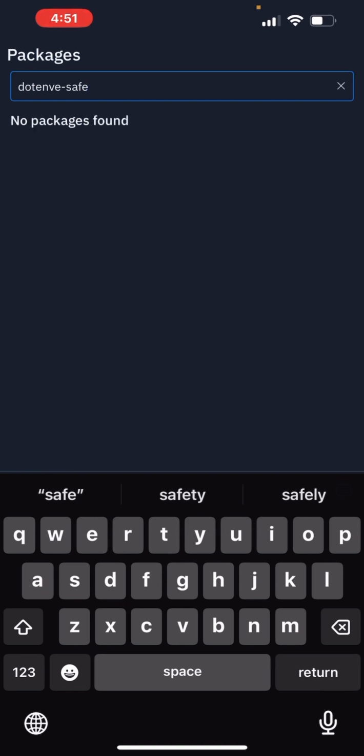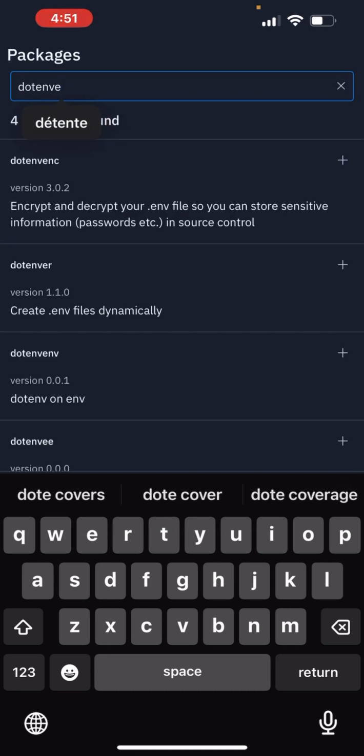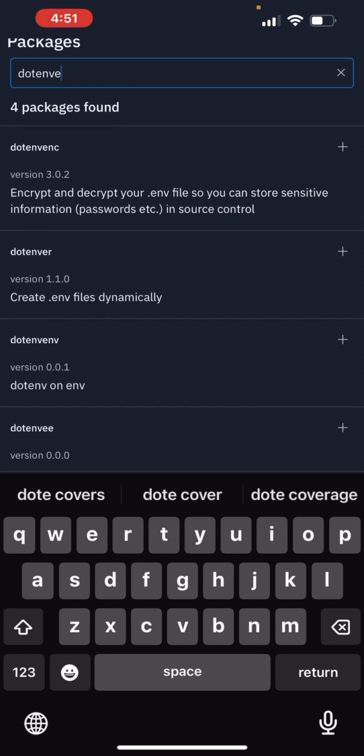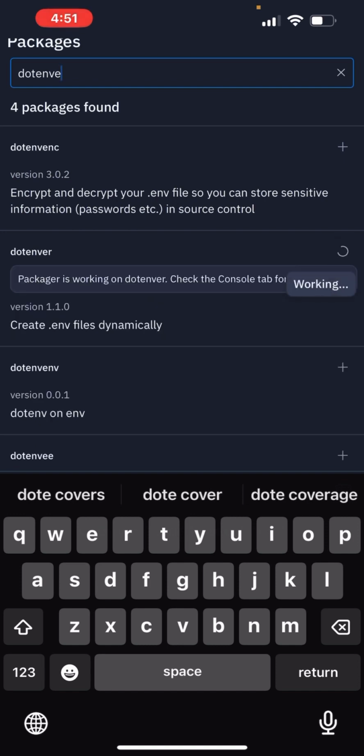So I'm just gonna, okay, it didn't find it. So let me leave it on dotenv. Let me know if it will find something. So it finds something called dotever. I don't need it, but I just want to show you how you can install it. So if you just click on this plus,